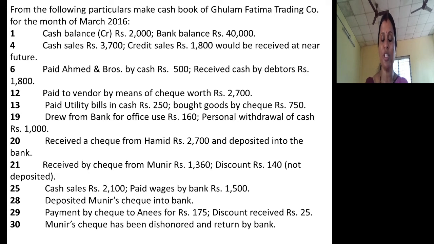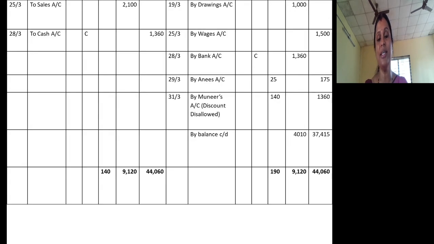So 25 must be recorded as discount received on the credit side of the cash book. So how I recorded, you just see. So Anis account debit to discount received account 25 recorded in the discount received column, to bank account